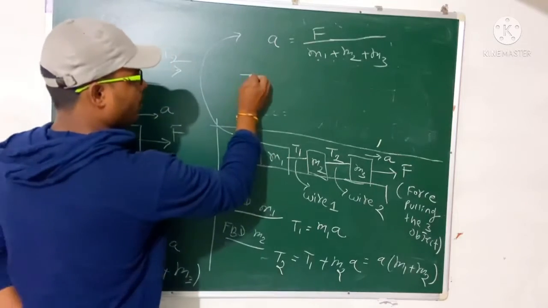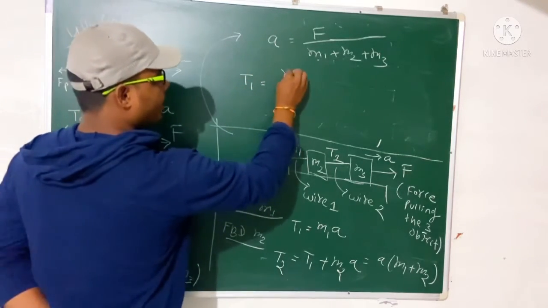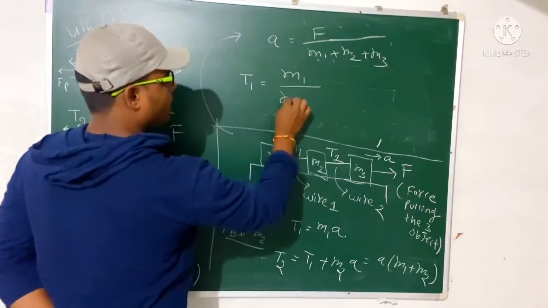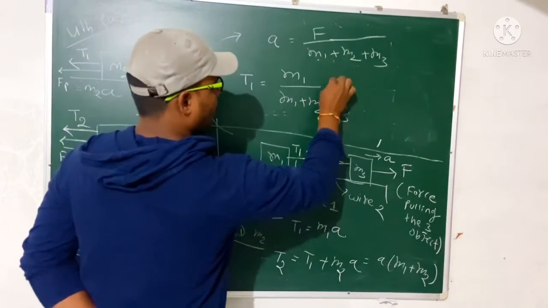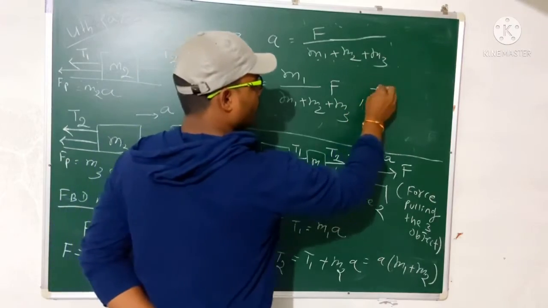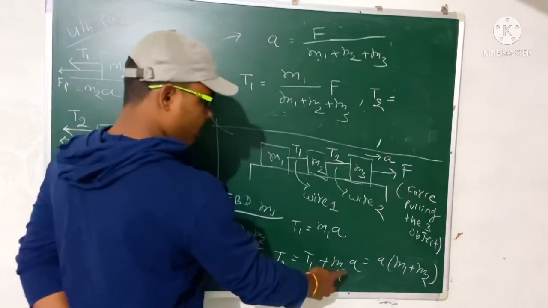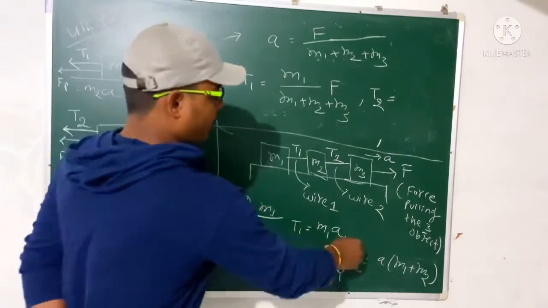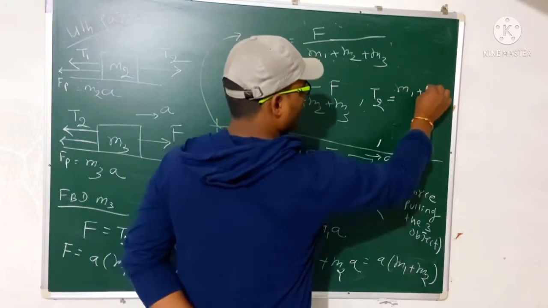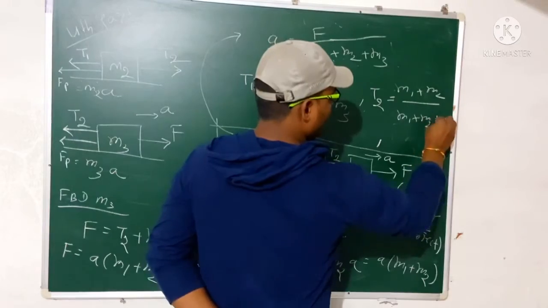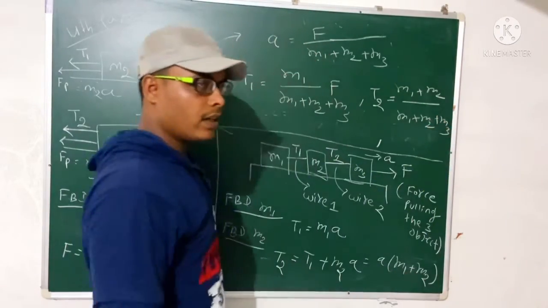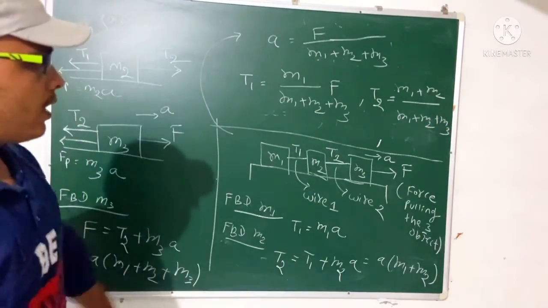So now you will find T1. What is T1? T1 equals M1A. So that means M1 divided by M1 plus M2 plus M3, into F. Then what will be T2? T2 is nothing but M1 plus M2 into A. So that is M1 plus M2 divided by M1 plus M2 plus M3, into F. So these are the tensions for this